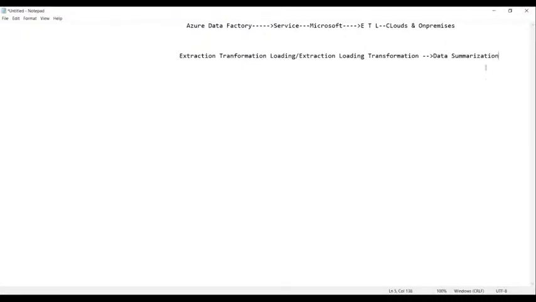Okay. So now, guys, for this process of ETL, we require two things. What are they? Source, and the next one is the target. The target is nothing but the destination. So between the source and the target, we apply ETL or ELT.